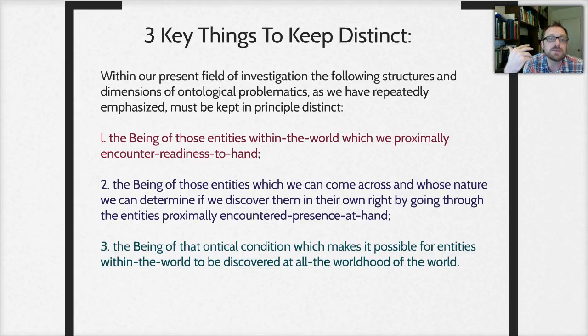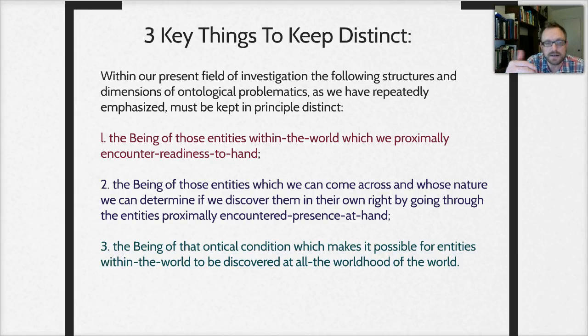Okay. Now, there's a couple things that Heidegger thinks we have to keep distinct, that we need to keep clear about. Because within our present field of investigation, the following structures and dimensions of ontological problematics, as we've repeatedly emphasized, must be kept in principle distinct. So number one, we have the being of those entities within the world, which we proximally encounter as ready to hand. Number two, we have to keep that distinct from the being of those entities which can come across and whose nature can be determined if we discover them in their own right by going through the entities proximally encountered